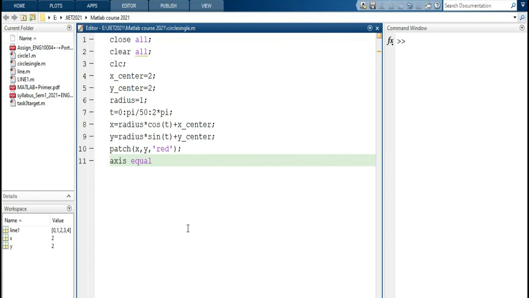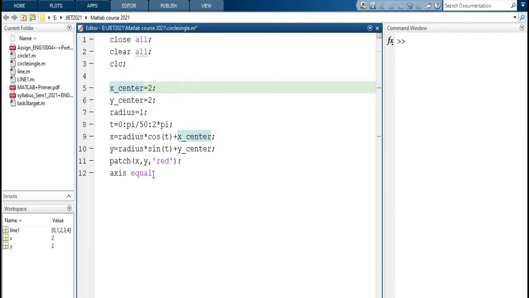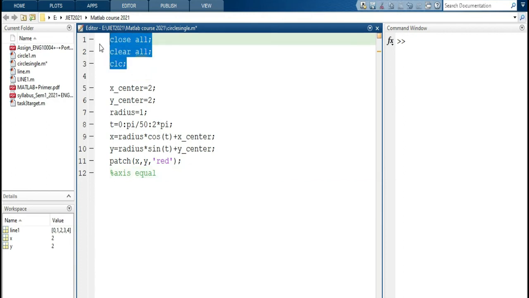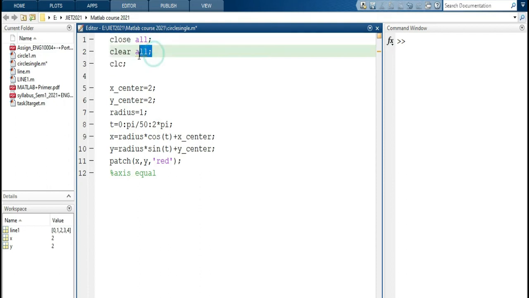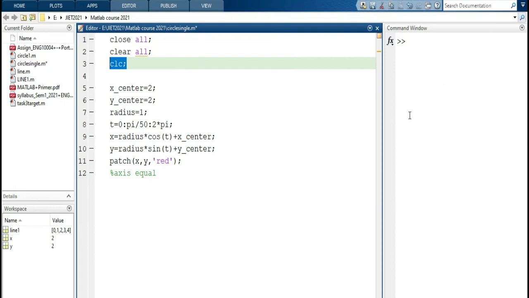So let us move to the MATLAB window. Here is the MATLAB window. Here I have used the same functions which I have shown you in the PPT. Before that, I am commenting out the axis equal command. The commands close all, clear all, and clc I have used to close all open figures, clear all the variables available in the workspace, and clear the screen of the command window.